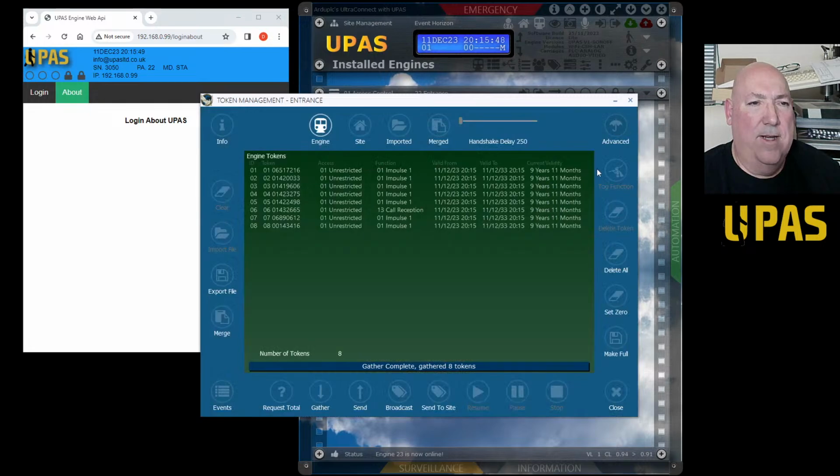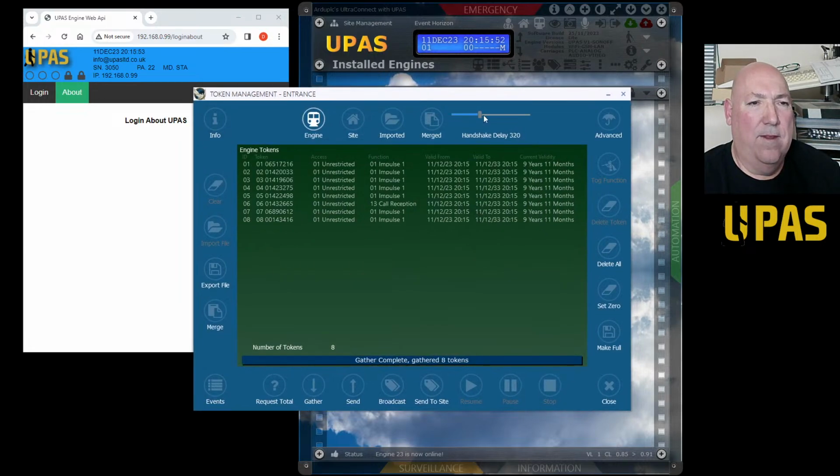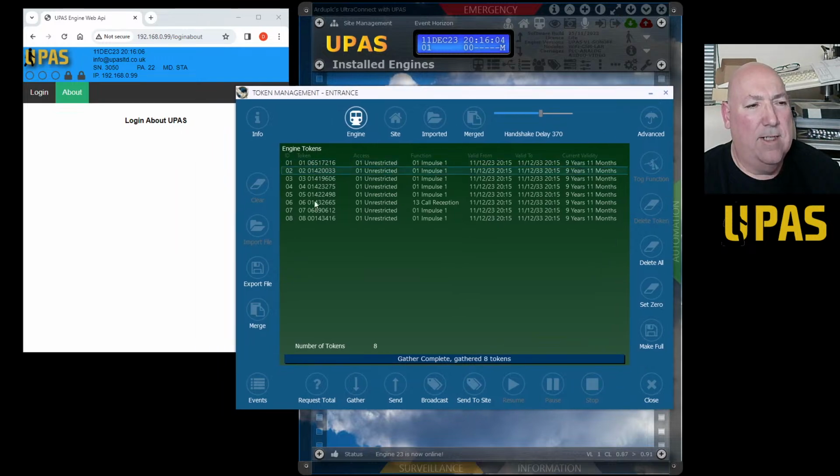you can go into the basic, go from basic into advanced, and these are the tokens that are stored inside that engine at the minute, that controller 22. So we need to create a list. We need to bring this list up inside the web API, and also have a button.